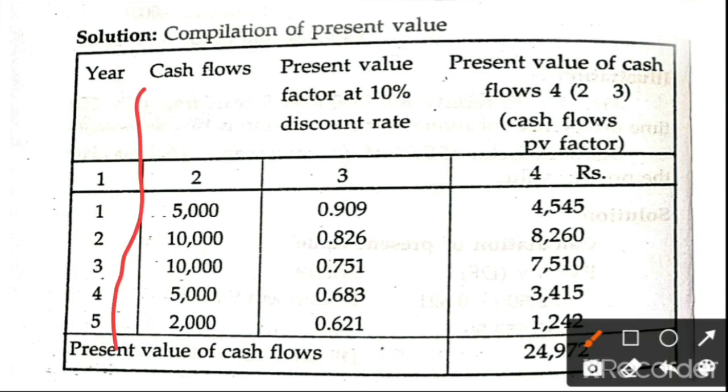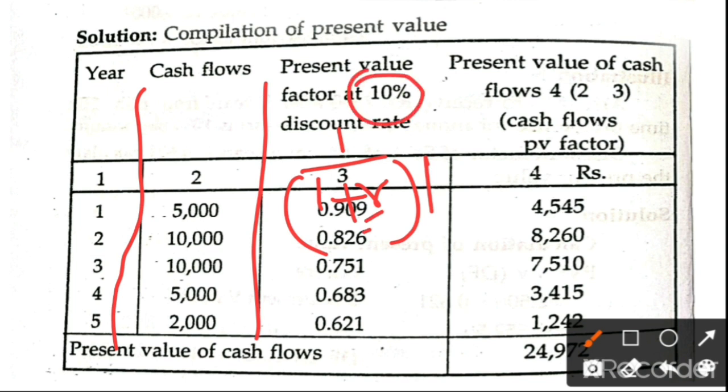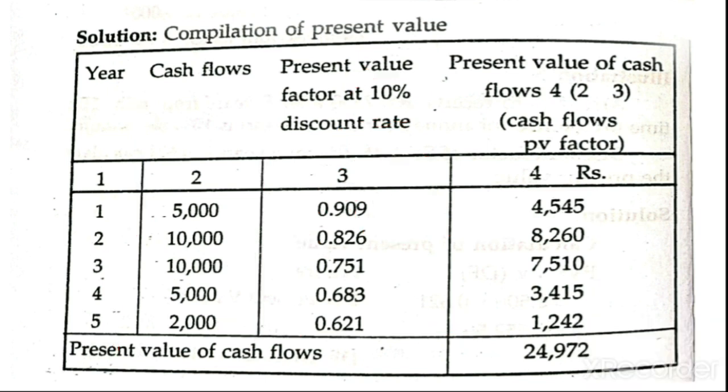Series means they give different year information and different cash flows, and there is no information regarding the discounting factor. Already I told you how to calculate the discounting factor. Discounting factor is equal to 1 divided by (1 plus r) raised to n. So r means what? The rate of interest. This is the discounting rate. After that, you put the equal sign, you will get the different year discounting factors. After getting the different year discounting factors, you multiply this into this, and we will get this. After getting the present value of each year, make it total. The total will be the present value of all 5 years. Just go through this, and you will get the proper calculation.